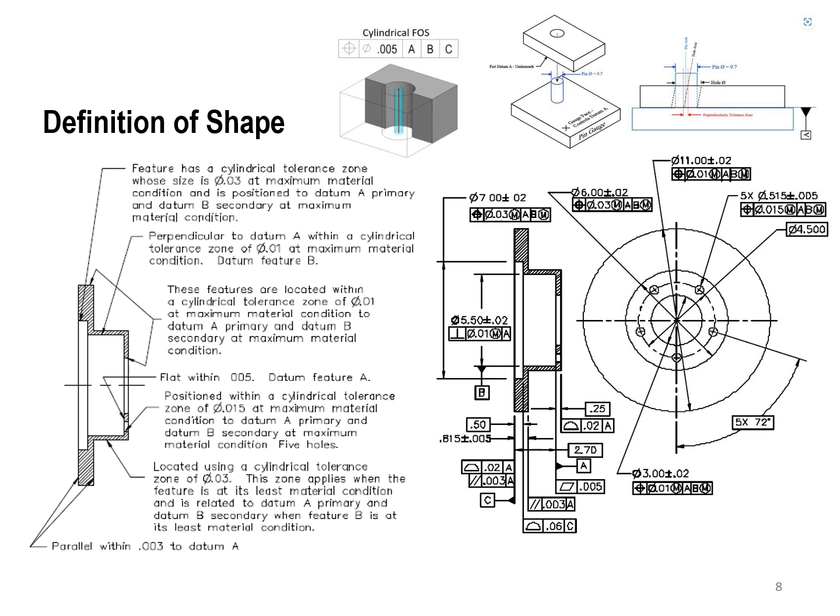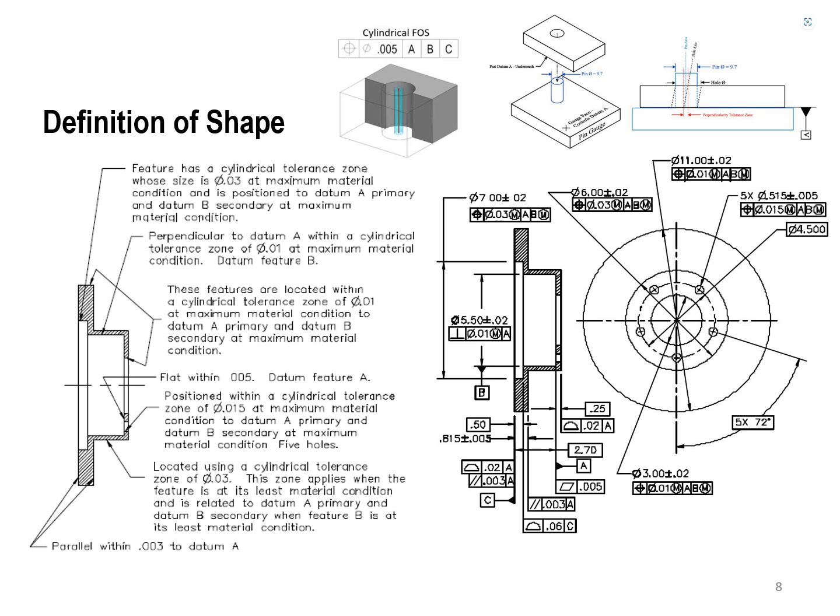And we have maximum material condition for that surface here. We're going to go to datum A within the cylindrical tolerance of 0.01. At maximum material condition, the datum feature is going to be B, and we continue reading that. I don't want to read that. I would like you to just compare the definitions we have here and the symbols that we have used. So once again, this is phi of